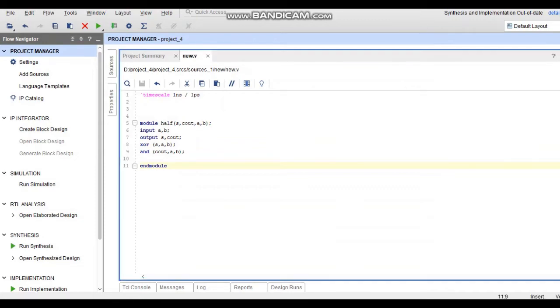So, hello friends, in this video, I am going to show you how to generate a manual stimuli in case we don't want to write a test bench and want to test the functionality of our circuit, what we need to do. That was the first part of our design: after writing the Verilog code, if you want to know how I have written this Verilog code, you can see the previous video of my series on the Vivado software. I have written this code for a half adder.